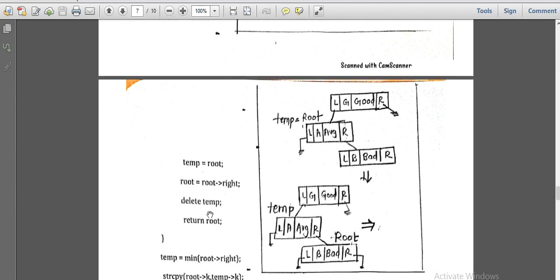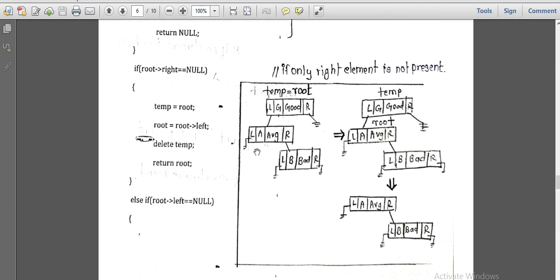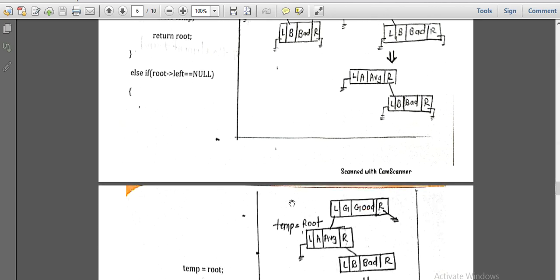The same condition is mentioned over here. So here in this example we are directly deleting the root node. Here the right child of the root node is not available. Here we can see in this condition the right child of the root is not available. So directly we are deleting that node by making A the root node. So this is one type of deletion.